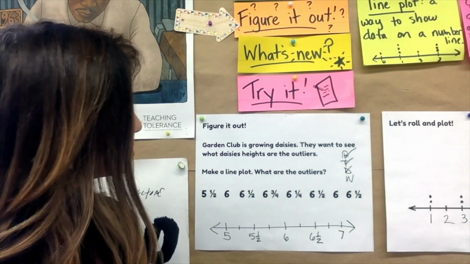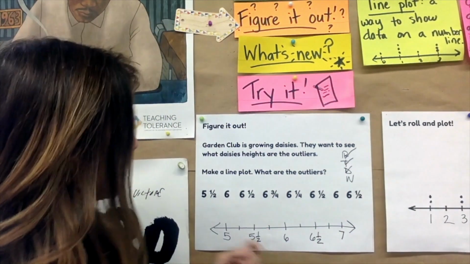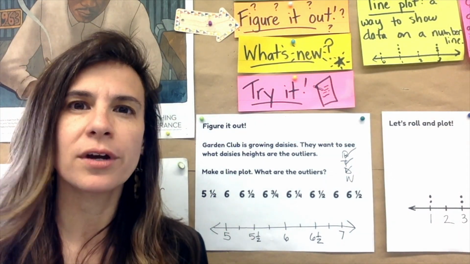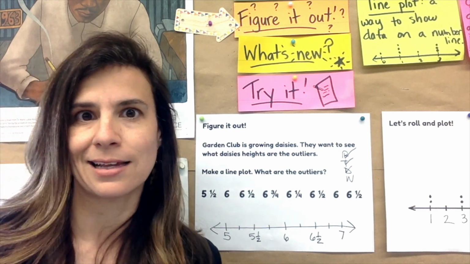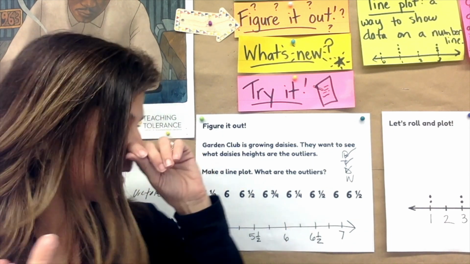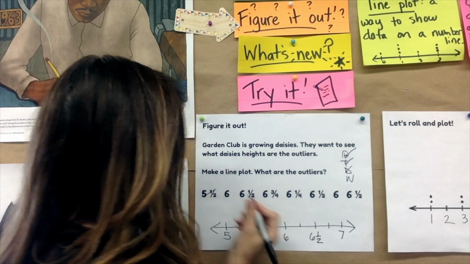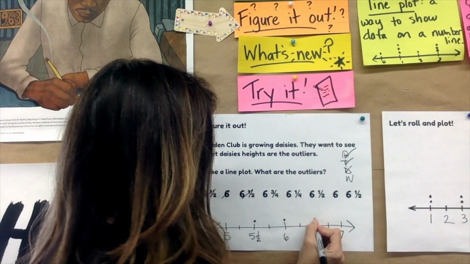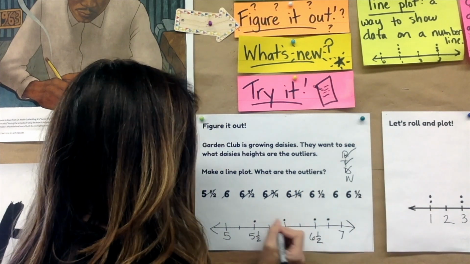So now we need to go through and think about plotting these numbers. So let's plot. And one thing to think about is as we plot, we want to cross off the ones that we've done so that we don't get confused and accidentally plot them multiple times, because then we'd be left with data that is not correct. So let's start here. 5.5, 6, 6.5, 6 3/4, 6 1/4,